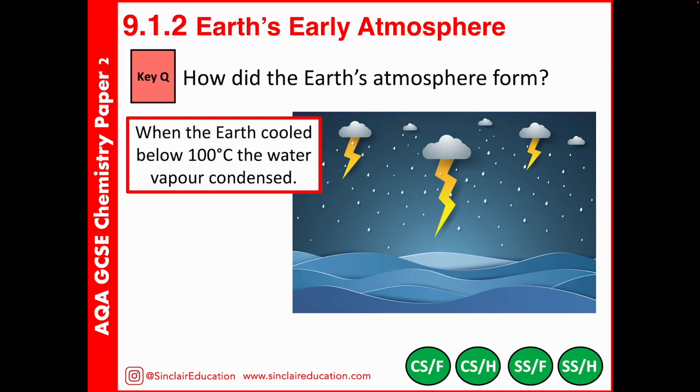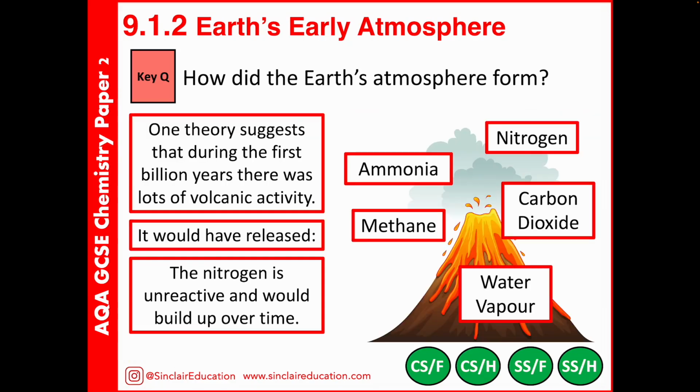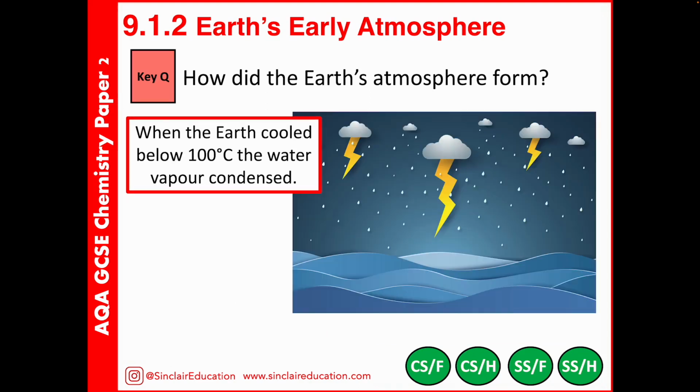Now, we think that was our Earth's early atmosphere, so a huge proportion of carbon dioxide and water vapour. But as the Earth began to cool, the water vapour left the Earth's atmosphere and condensed to form oceans. A common question that comes up is at what temperature our oceans started to form. This is the point of condensation. So when the Earth cooled below 100 degrees, because at the very start of Earth's history it was hot, at that point the water condensed, and that's what formed our oceans.